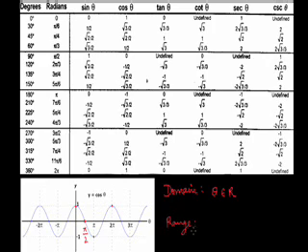Let's talk about the range. For the range, we can see the value of cos theta, all the possible values that can be attained by cos theta. So we can see that cos theta is a bounded function. Sine was also a bounded function. Why? Because its value lies between -1 to 1. Similarly, here also cos theta is a bounded function because its value never goes above +1 and never goes below -1.